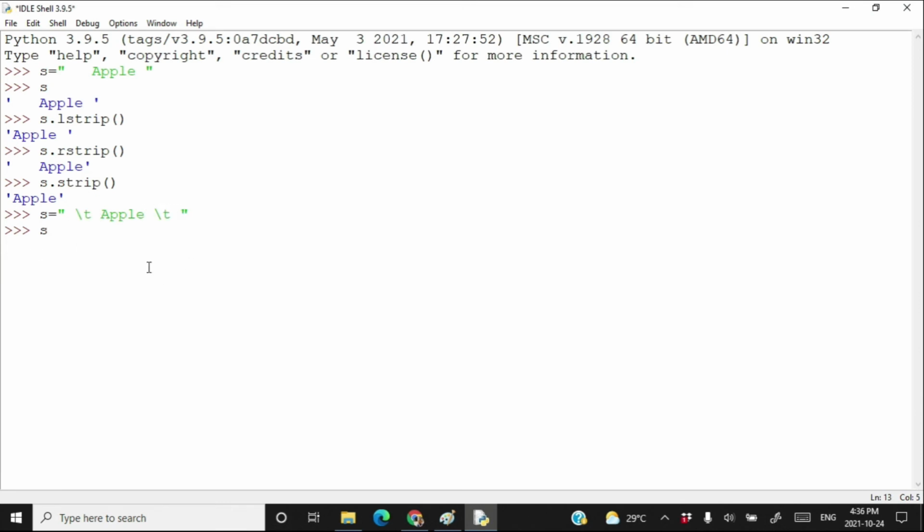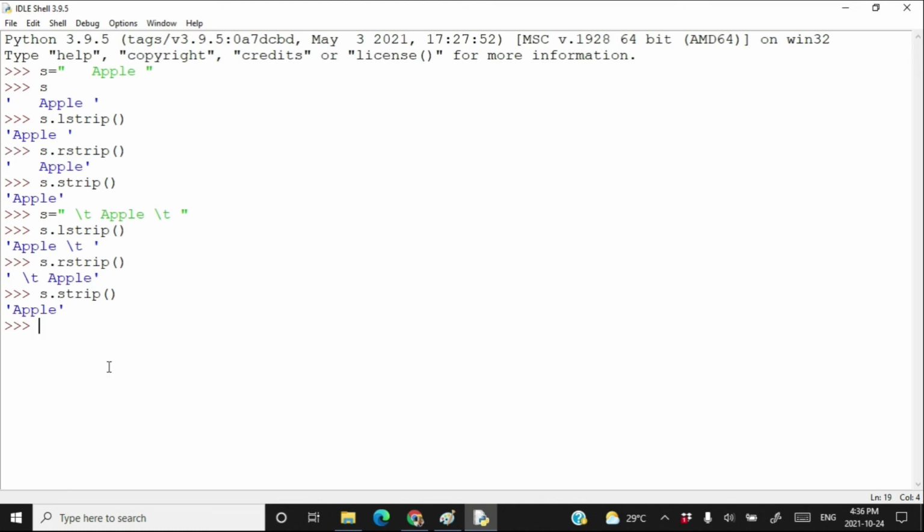If I type here s.lstrip, then all the space characters including backslash t will be removed from the beginning, because backslash t means tab and tab is considered a space character. Therefore, all the space characters will be removed from the beginning of the string. If I write here s.rstrip, all the space characters will be removed from the end of the string. And if I write here s.strip, then all the space characters will be removed from the beginning and from the end of the string.